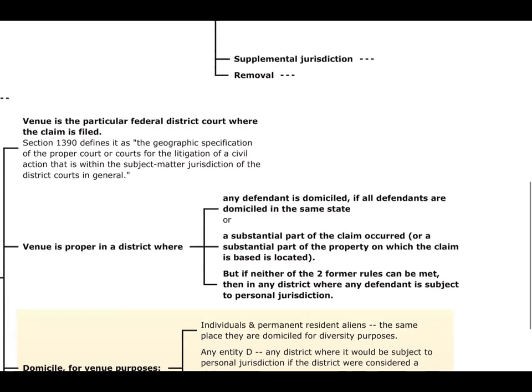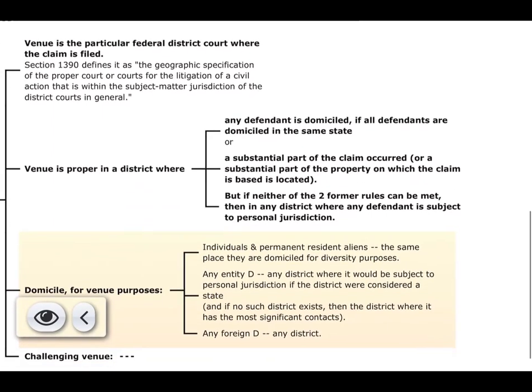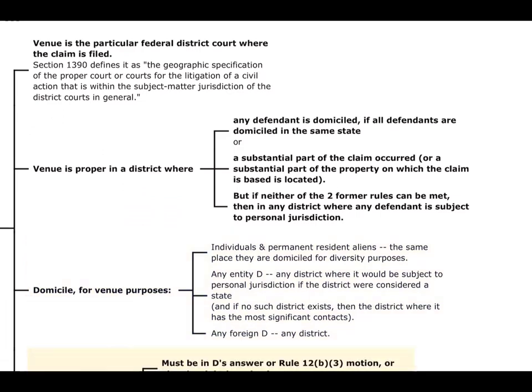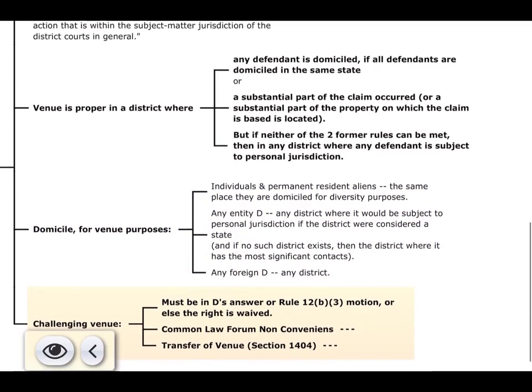So it looks like State B was proper for venue because that's where a substantial part of the claim occurred. The whole claim occurred there. But what about State C? Well, for that we have to worry about domicile. An individual's domicile is the same for venue as it is for diversity. But for an entity, that means any district where it would be subject to personal jurisdiction if the district were considered a state. In other words,